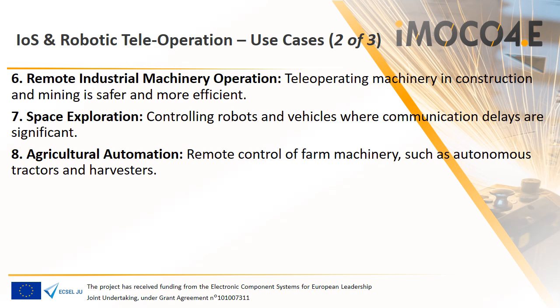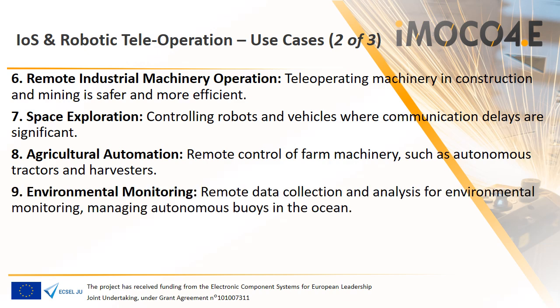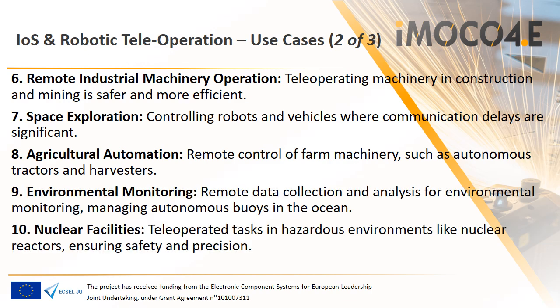Agricultural automation, particularly in the last 12 to 24 months, we've seen major advances in all forms of automation in the production of food for the agricultural sector. So again, major opportunities here, the environmental monitoring side of things, and the management of highly harsh and complex environments, which basically may not be safe for humans to actually conduct their work near such facilities as nuclear facilities.